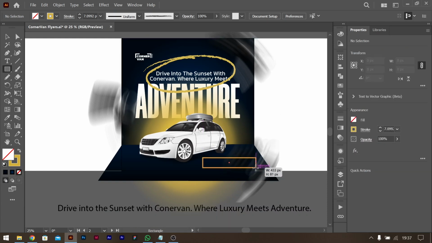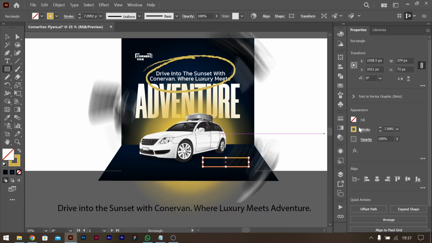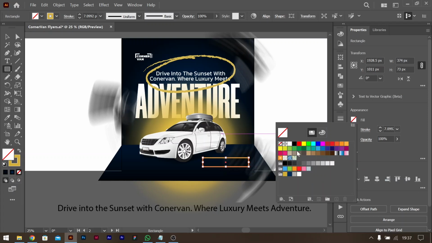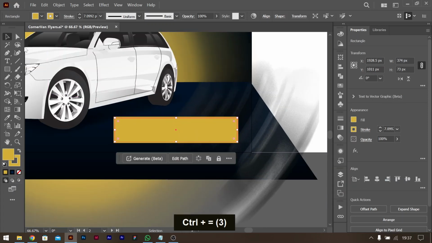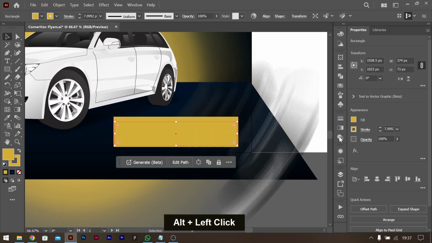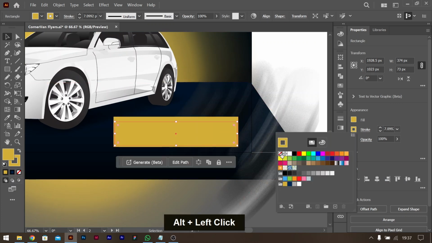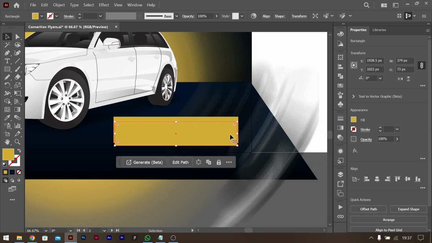So in this case, I might just have to draw this and make this one the yellow color, or the golden color. Or what we did last time was we had a shadow created manually. How we did it last time is that we added an anchor point here, we extruded it down, and then the rest of the anchor points will be just behind it. So let's add an anchor point using our pen